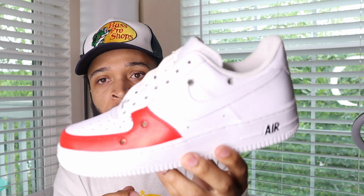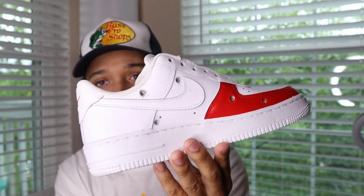These are some ones that I ruin a lot. I drill a lot of holes in them, try to figure out ways to do different types of customs. So these are some pairs I don't care about getting messed up. Got paint, yeah. So make sure you find some old ones that you can just ruin. And then you're going to need an X-Acto knife,